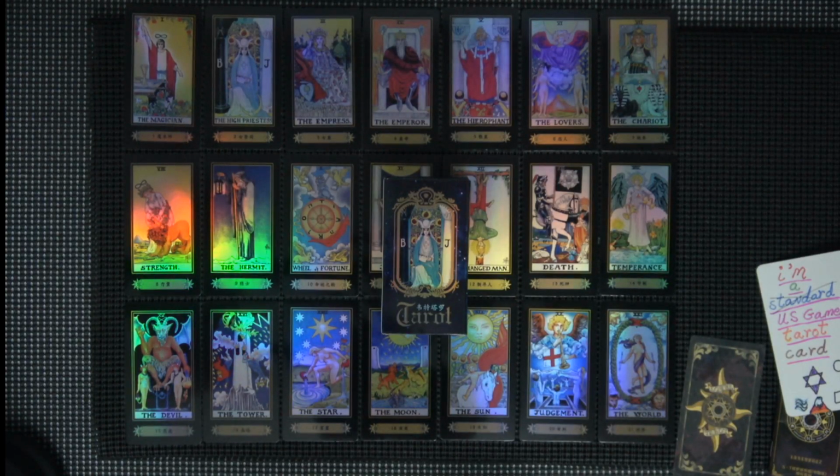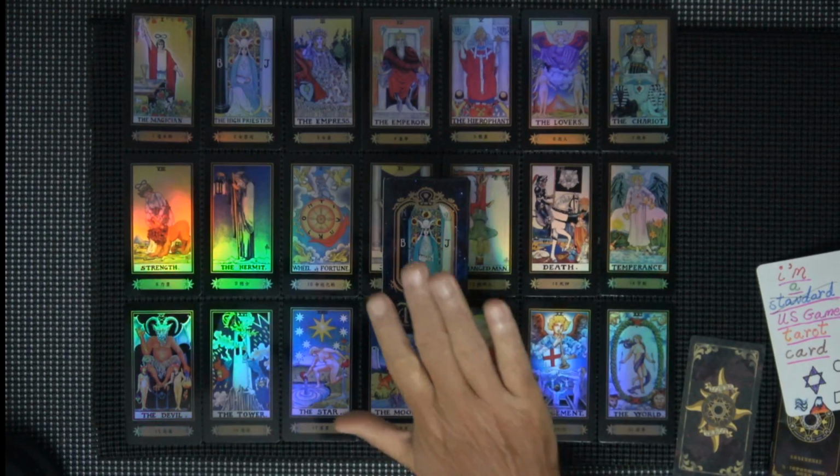I don't know what to call it. It's a Rider-Waite-Smith deck, but where I got it, eBay, it said it was a holographic Chinese English Rider-Waite-Smith tarot deck. And all of that's kind of true. Unfortunately, the booklet is only Chinese, so that doesn't help much. And when I hear holographic, I think it's 3D-ish. I do have a set of just the majors Rider-Waite-Smith that's 3D-ish, and that's okay. But, I mean, these are okay, but